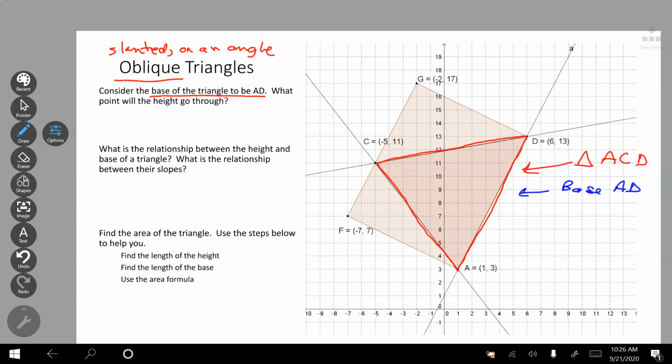What point will the height go through? Well, the point the height should go through would be point C, the vertex on the other side. So I have to go through this point. And so I'm going to draw something perpendicular here. So the relationship between the height and the base is perpendicular,